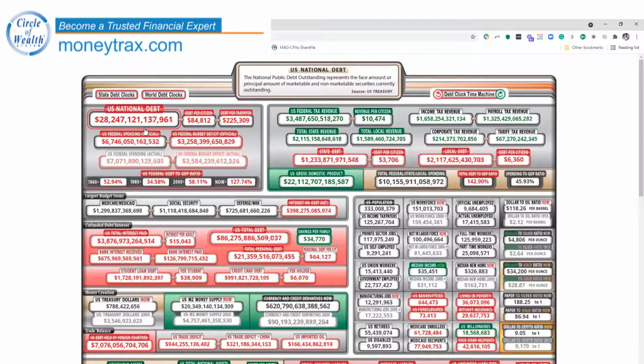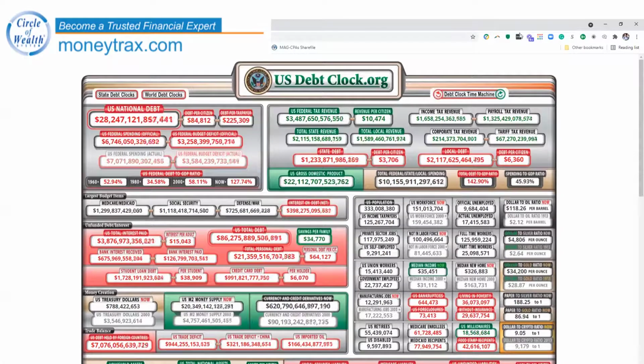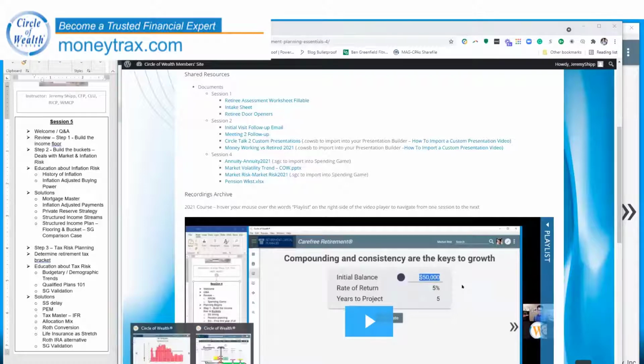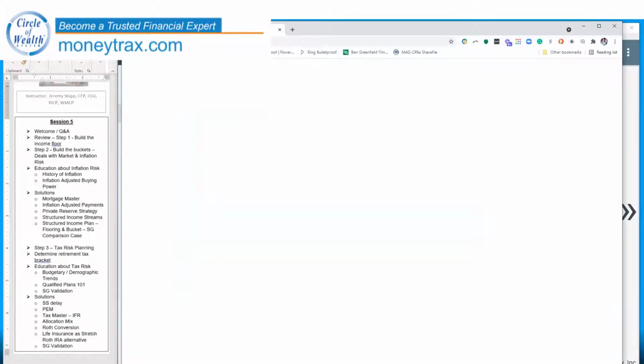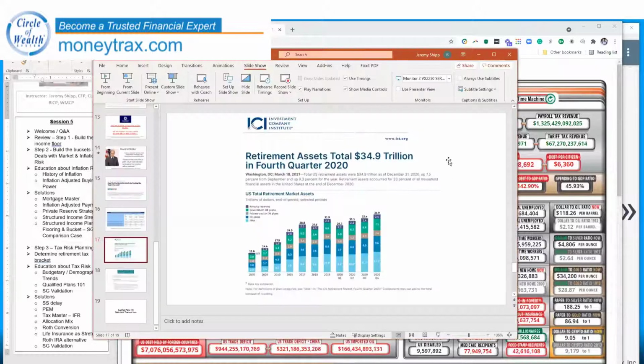So right now we're at $28 trillion, going backwards to the tune of $3 trillion every single year. And if you look down here, if you really want to zero in on what our Social Security liability is, Medicare liability, unfunded liabilities, yeah, it ain't pretty. Okay. So keeping that in mind, what was the figure we saw? $28 trillion. Do you think it's any coincidence we have a $28 trillion debt with $35 trillion sitting in those retirement assets?